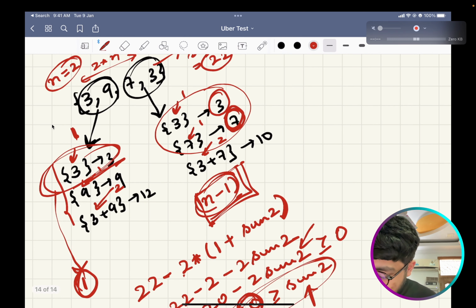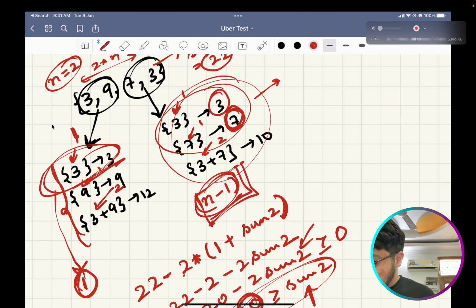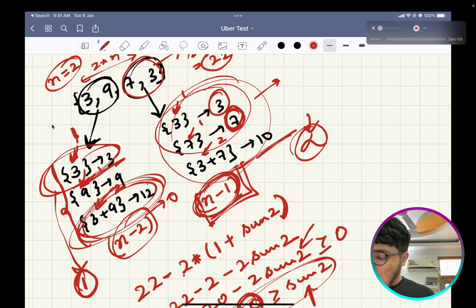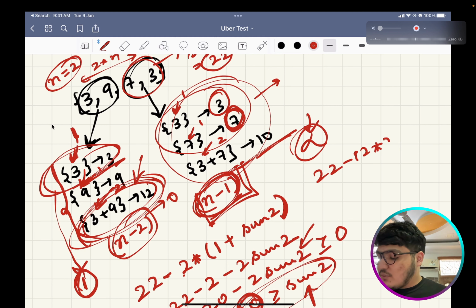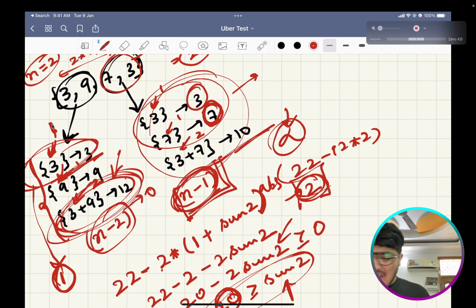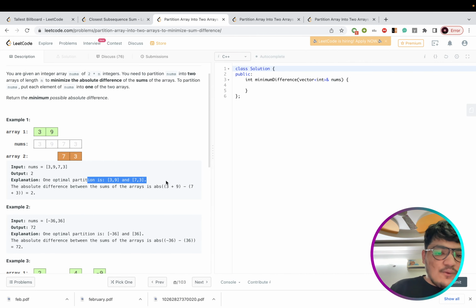I'll iterate over all these subsets, and then I'll iterate over their counterpart in this right partition, and I'll check if this is of length 1. Similarly this is of length 1, this is of length 2, so I would be requiring n minus 2, which means I would be requiring 0 subset from here, so I won't be needing anything from here. I'll check for this only, as it is giving me the result. So 22 minus 12 into 2, it's 24, and it's absolute. So 2 is this, we were able to achieve 6, and now we are able to achieve 2, and I guess 2 is the answer. Yeah, 2 is the answer only.